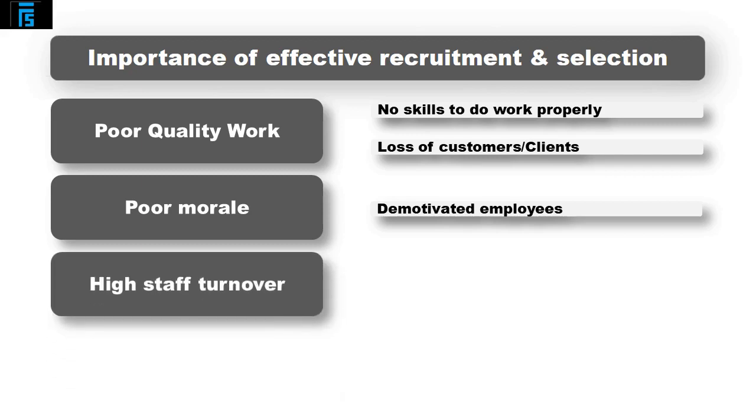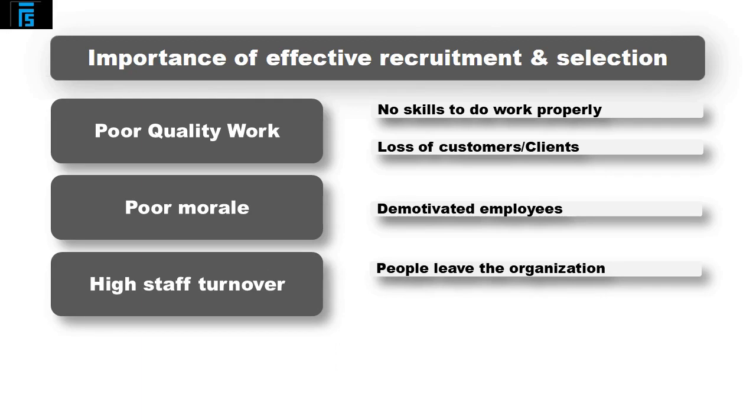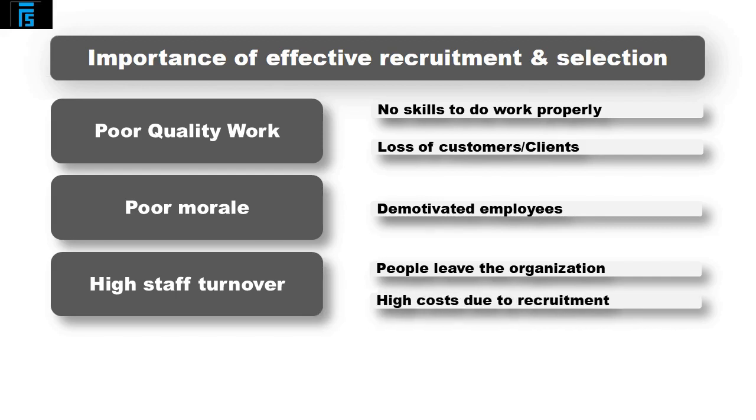Staff turnover simply means that people leave the organisation. High staff turnover simply means that there are a lot of them that are leaving the organisation. Why does that matter? Well, obviously, if you have people who are leaving on a regular basis, you have to replace them. That will have costs. We'll talk about those later on, because you need to recruit them, but also once you've got them, you'll need to train them. So high staff turnover, if you choose the wrong people, they will realise that they're not going to be very good at the job, and they will simply leave.